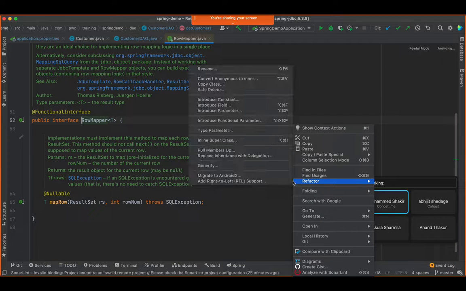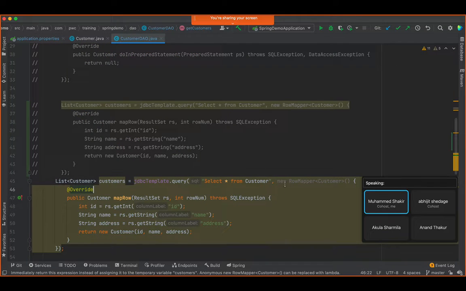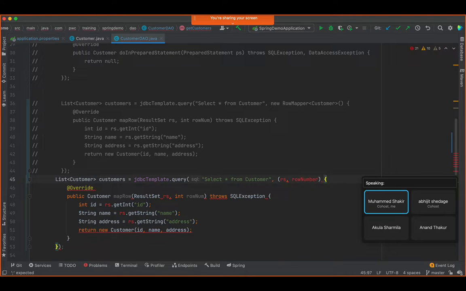And in the RowMapper, you know what is the name of the function? It's mapRow. How many parameters does it take? It takes the parameters ResultSet rs and the row number, two parameters. So it's a binary operation. And what it returns back is a value. So I can write the whole thing as follows. I'll say rs, that is the result set, and then a row number. And I don't need to specify the data types here because it understands the data type automatically. See this.